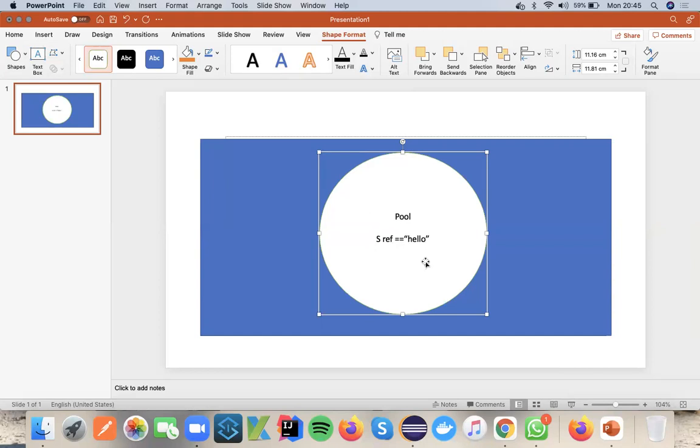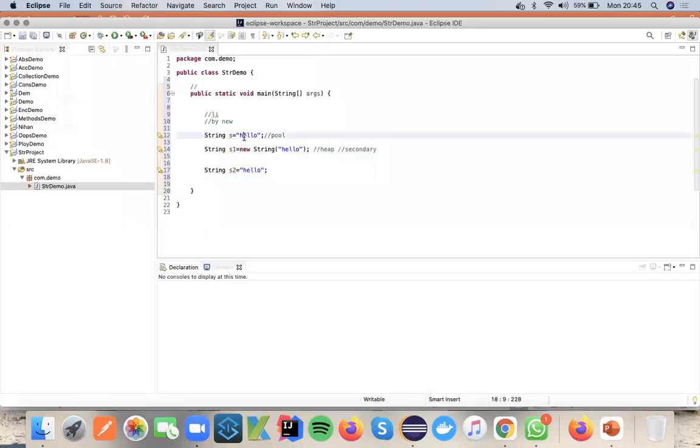And you have declared s2, string s2 equals "hello". Its reference equals the s reference. It will not ask for new memory; it will check whether that value is already present. If it is present, s2 will take the reference of s, so there is no allocation again.